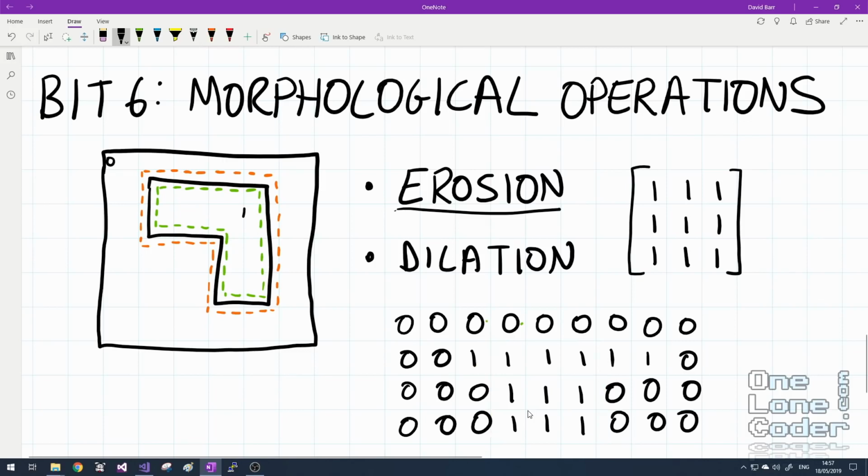Now the interesting thing with erosion is that one man's erosion is another man's dilation. If I inverted all of these bits and applied the same kernel, I would have the effect of dilating the image. But I can also dilate in a second way, without requiring this inversion. And this one is quite simple. If a given pixel exists, then set its neighbours to exist as well. And this would have the effect of growing our object by 1 pixel